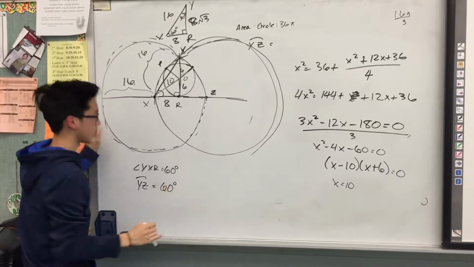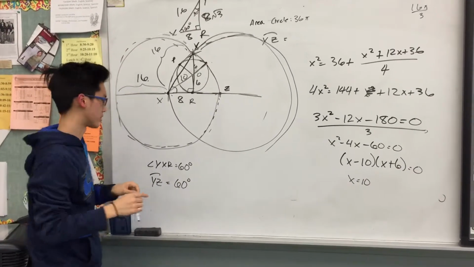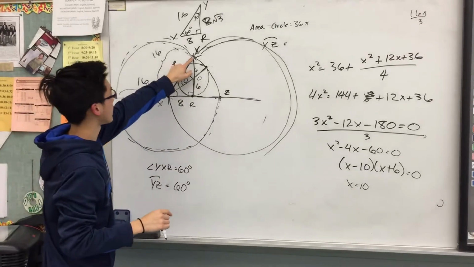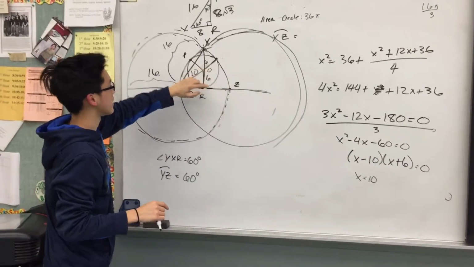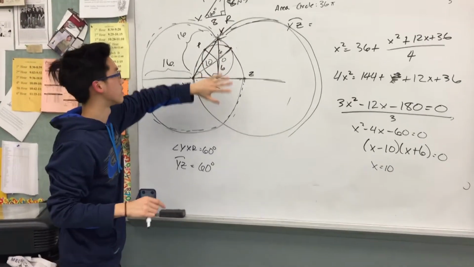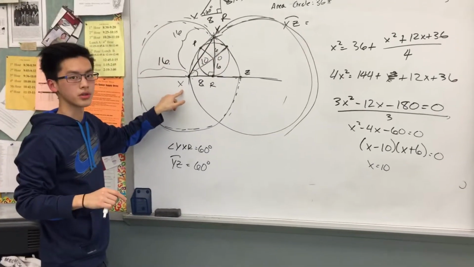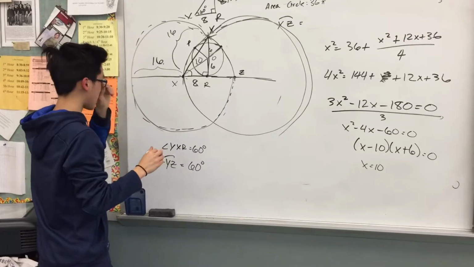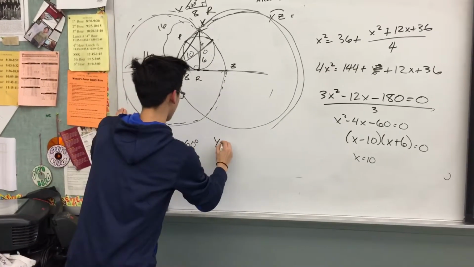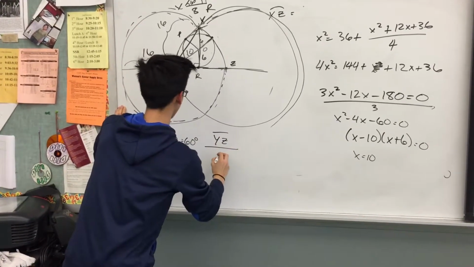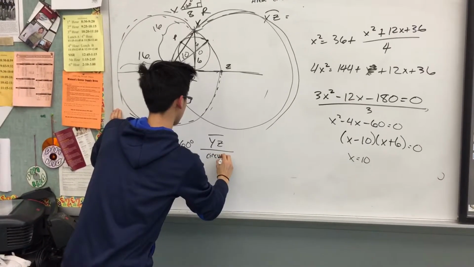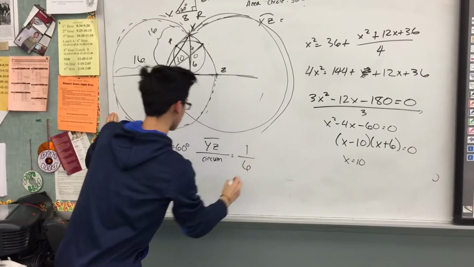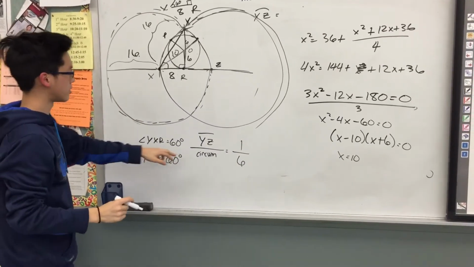In a circle, there's a total of 360 degrees, which means that the length of YZ is 1/6 the entire length of the circumference of circle X. So that means that the length of YZ over the circumference is equal to 1/6. Okay? And so what we can do here now is solve